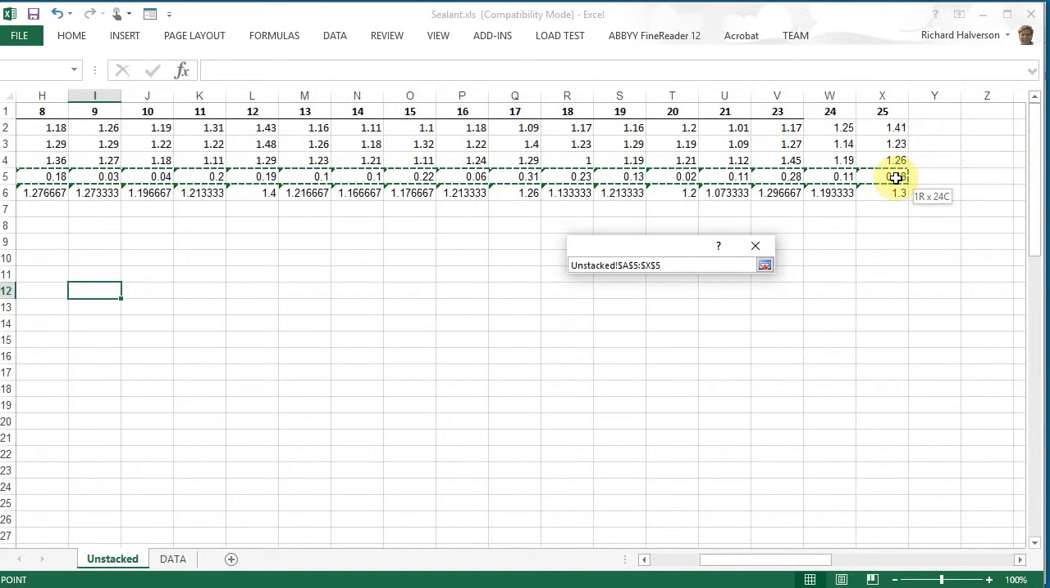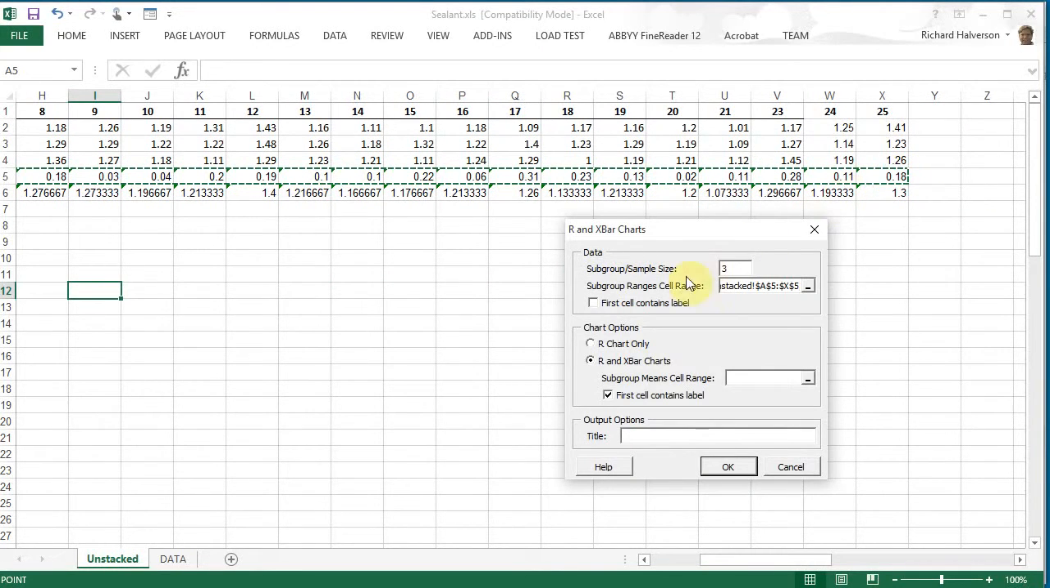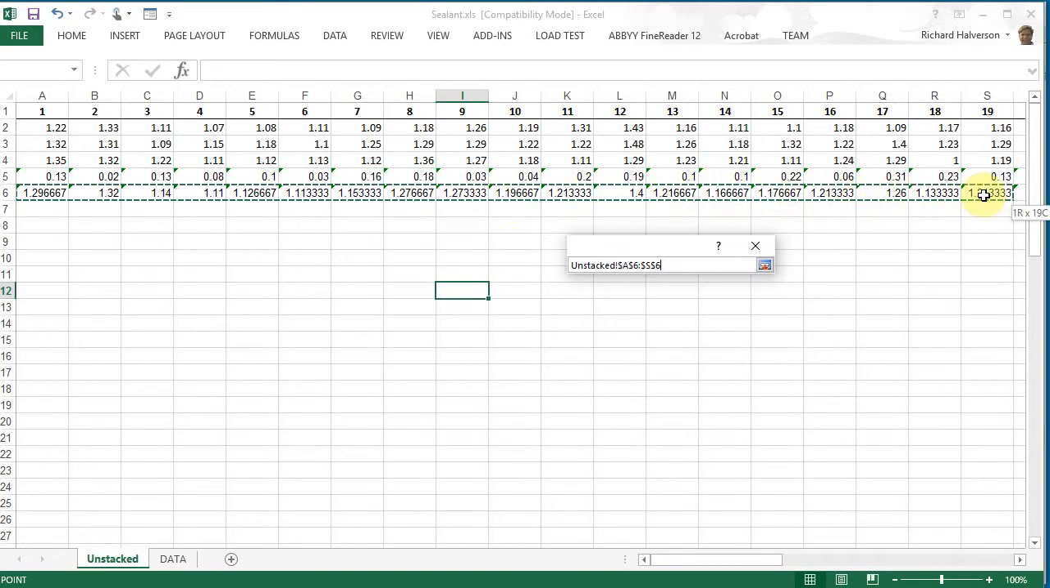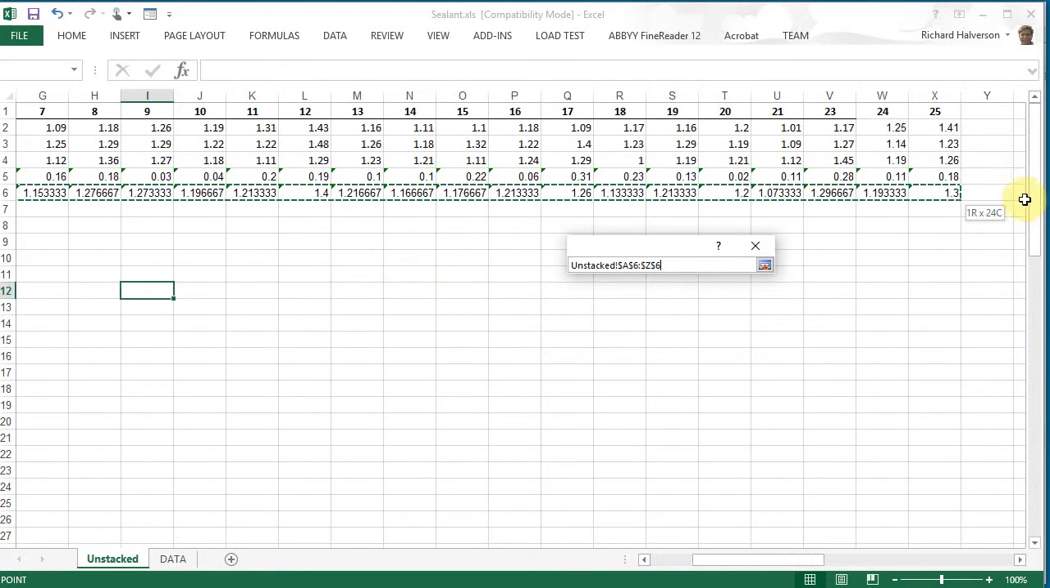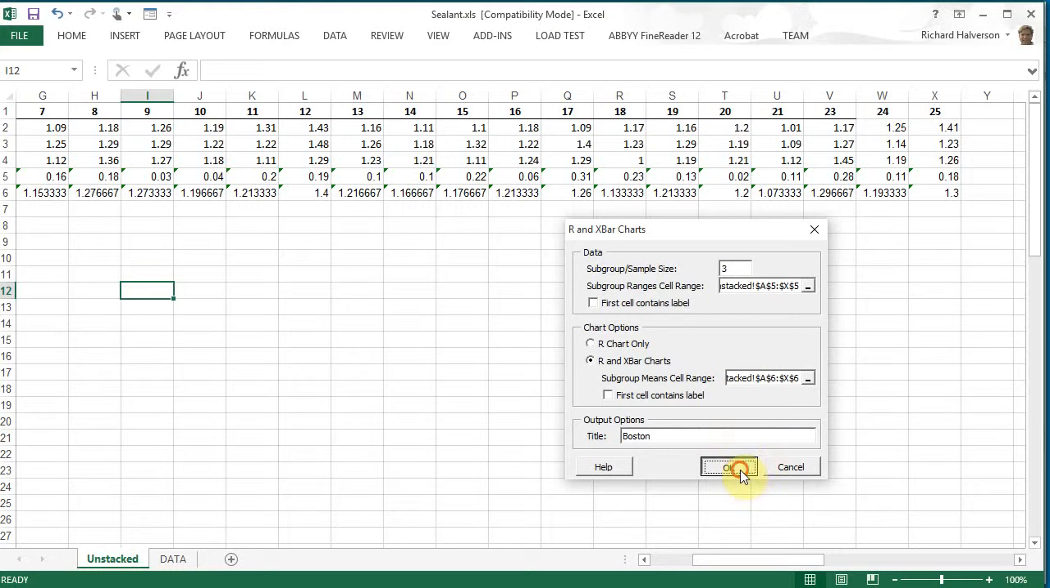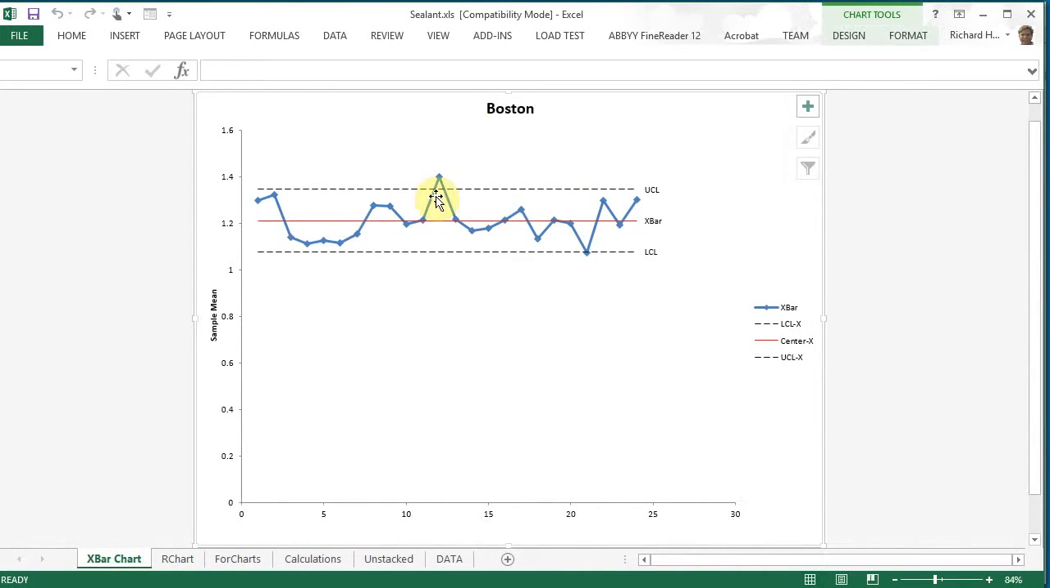So that's the ranges, and the first cell contains a label, it does not. For the means, does the first cell contain a label? It does not. That would be right there. We're talking about row 6. Make sure you get the whole row 6. And for a title, I'm going to put Boston. Click OK. And this is what the